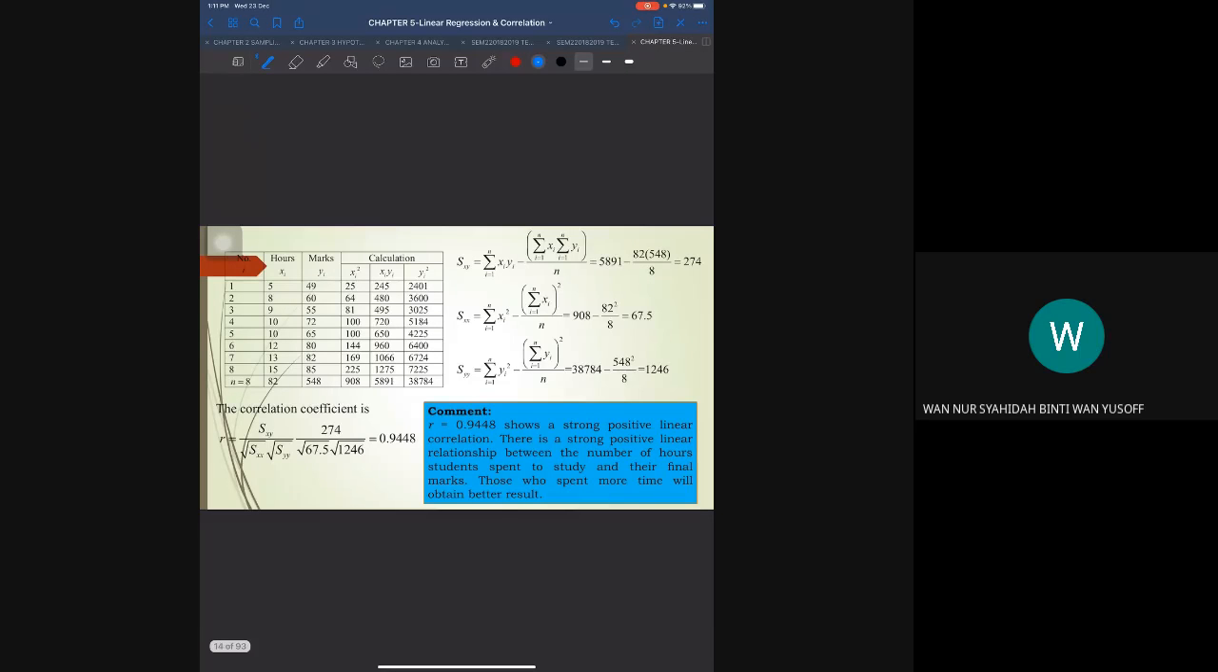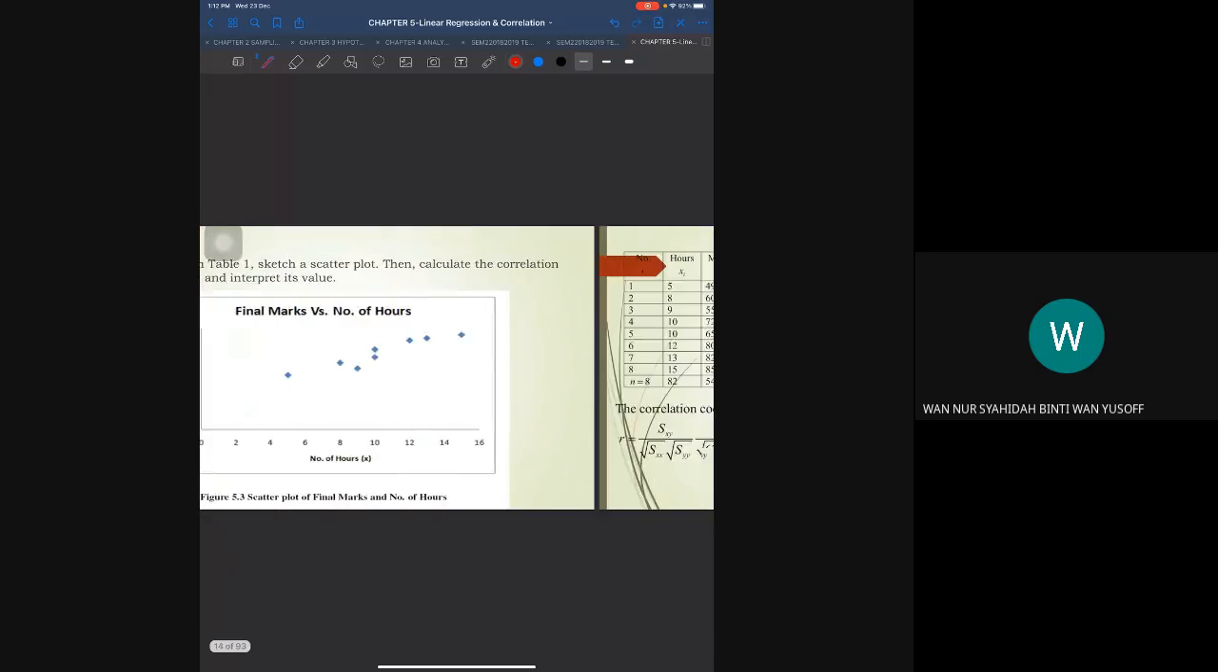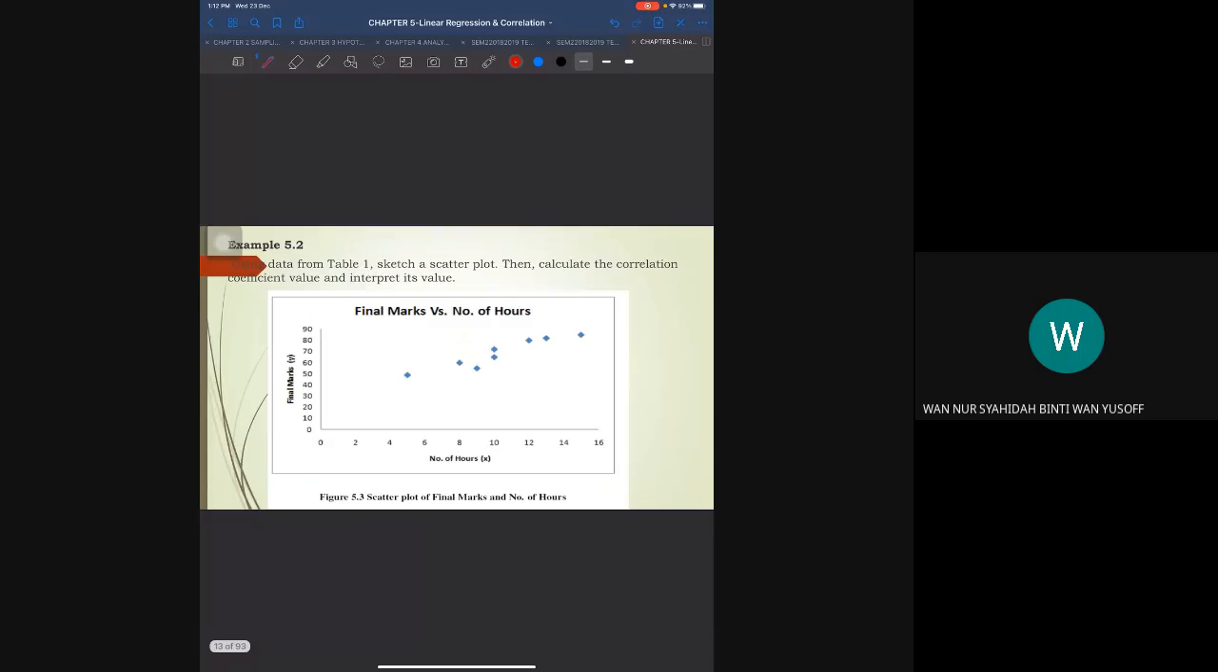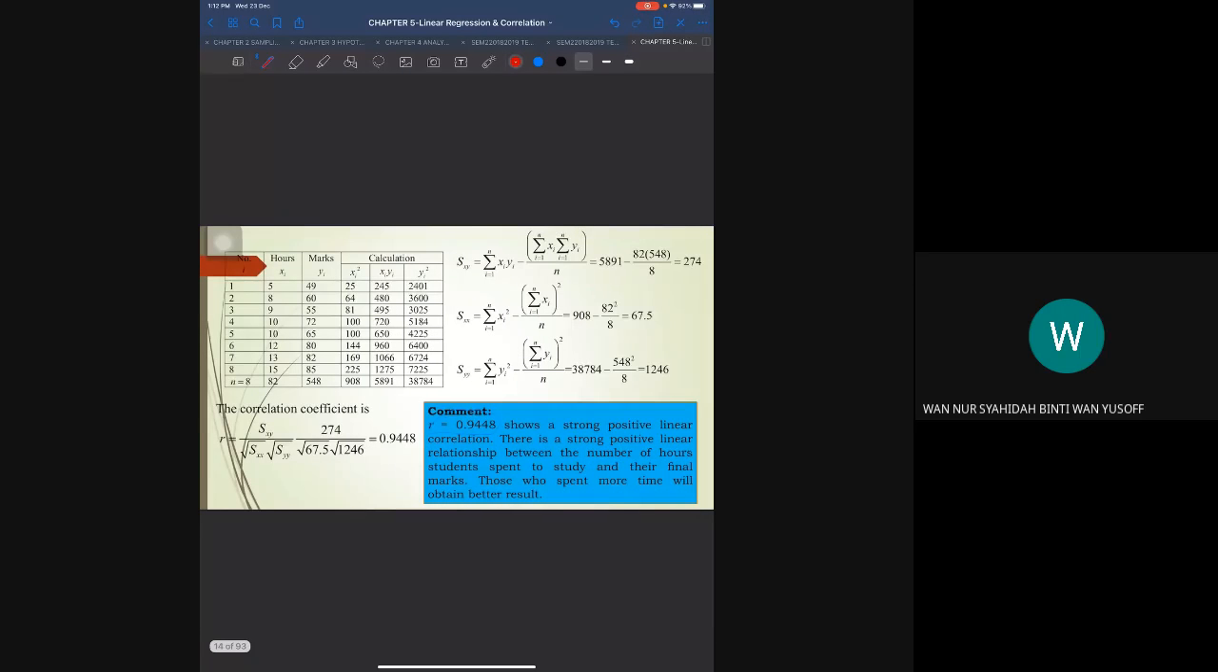Okay, this is an example that you can study. We will go to the exercise after this. We will discuss how to calculate to get the R and then how to interpret it. Interpretation is very important. It is not just getting the value, but we need to interpret that value. What does it mean? How do we interpret the R here? You have to talk about